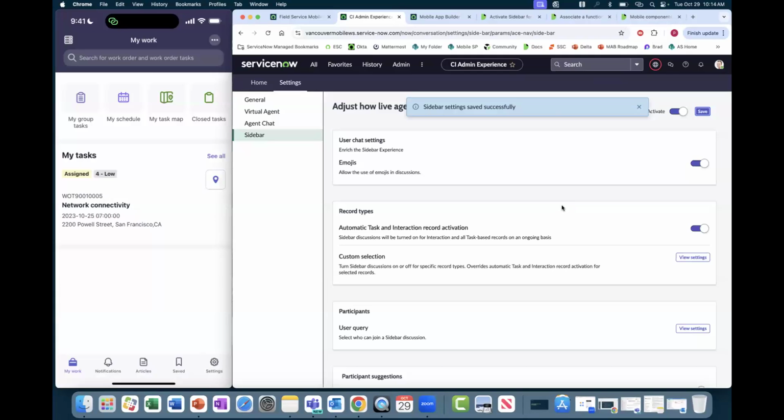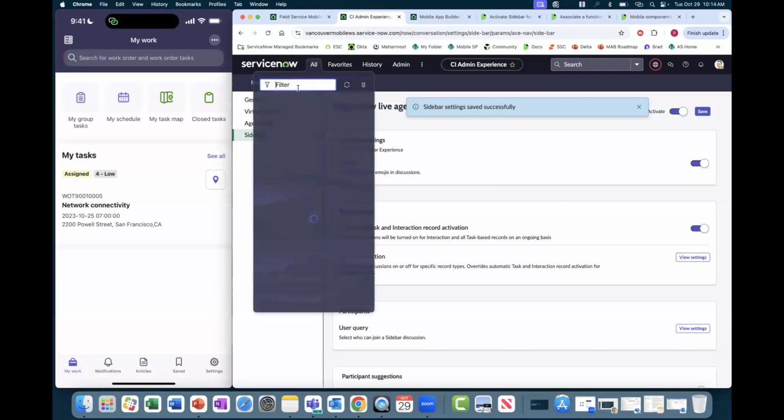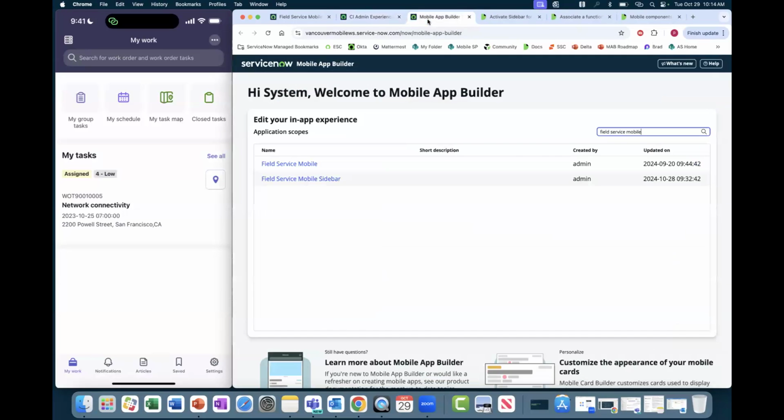Is it here? What I should see is a new tab, and I know why. I think I accidentally also disabled a tab. So let me show you this in case you ever run into this situation. Go into App Builder, open up the scope,